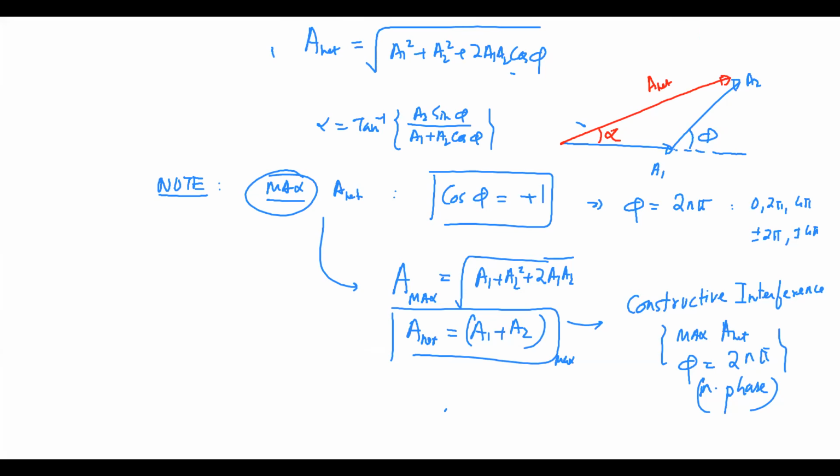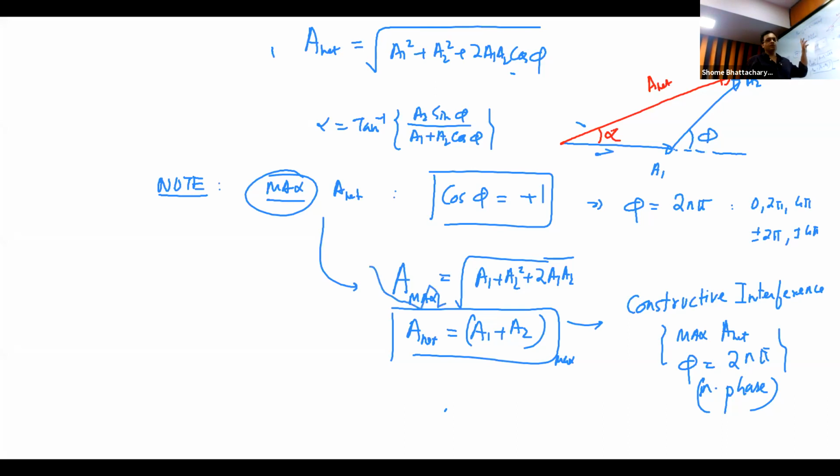Yeah, Nirmit. See, what is happening here is that we have understood this part, कि अगर phase difference phi है, so net amplitude will come as this kind of a phasor or this kind of a formula. This is clear, right? Yes. Okay, now what we are trying to understand is that in this formula, phi can have any value, no? Phi can be any real number from minus infinity to plus infinity. Yes, because sir, the phase difference could be anything.